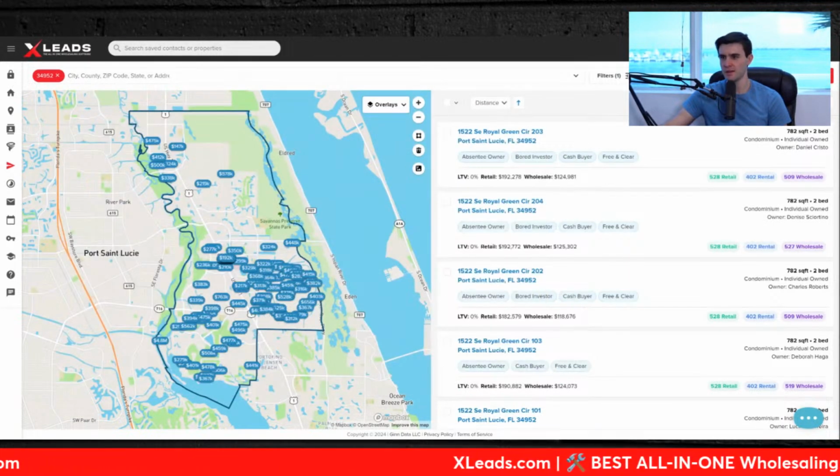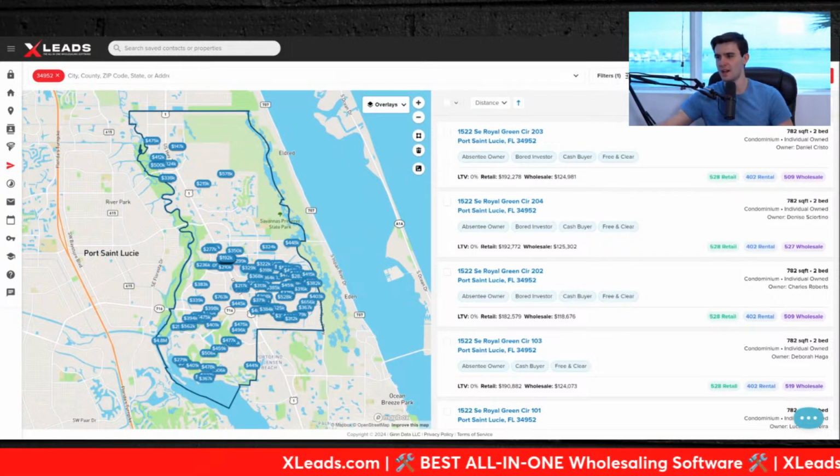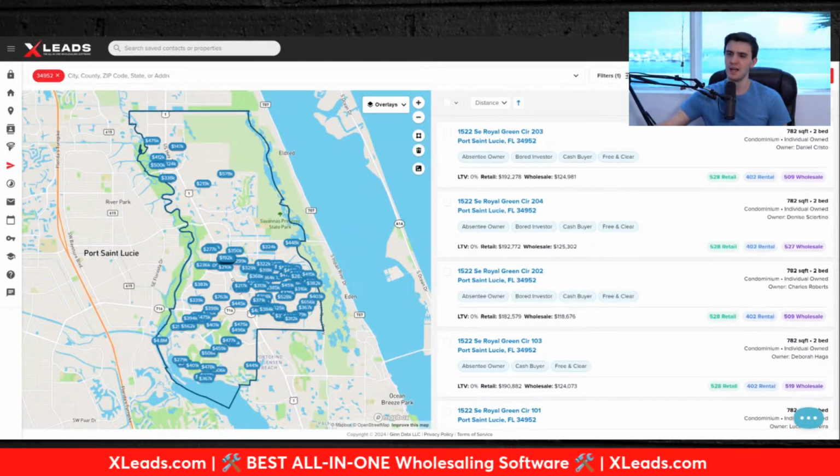Probably one of the best. I get a lot of 100K pops in this area. And what XLeads does on the AI side is they take all the motivating factors that make somebody a wholesaling deal. So specifically, if the person has equity in their home, if there's a lien on the property, if the person is behind on taxes, if the person died, right? If a probate got filed, all these crazy things, XLeads actually goes out and finds all the information, uses AI, stacks it up and says, hey,